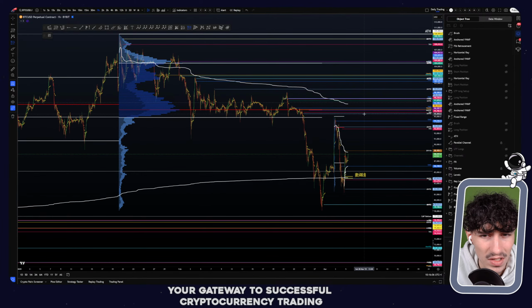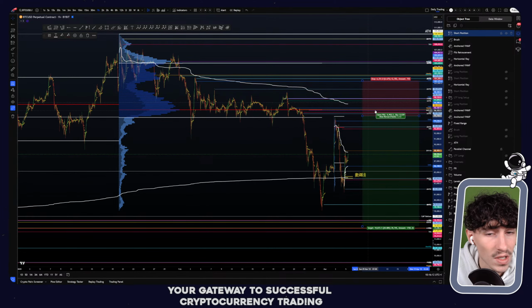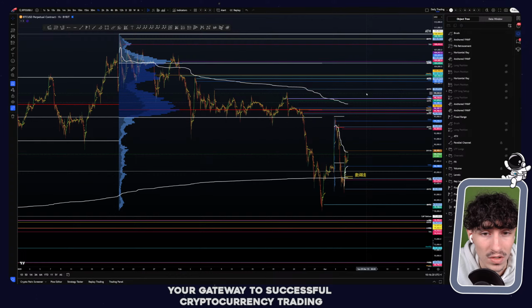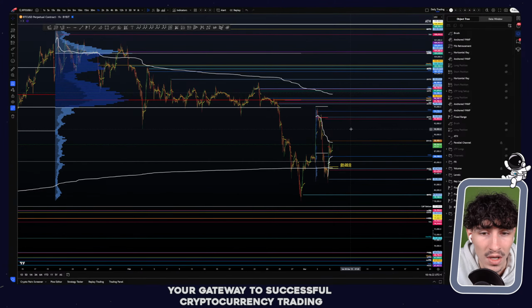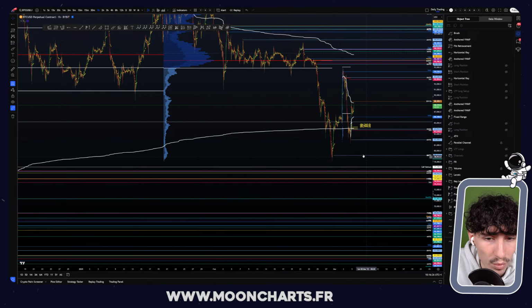Is it a short trade? Yes, for a nice short trade up here, for a possible new low next. Again, I don't have any limits there. I'm gonna simply wait for the reaction here and see if there is anything good for a short trade. If there is, then yes, I'm gonna take the short. If not, nothing. And for a long, well, if we drop below here, I didn't cover this, completely forgot,